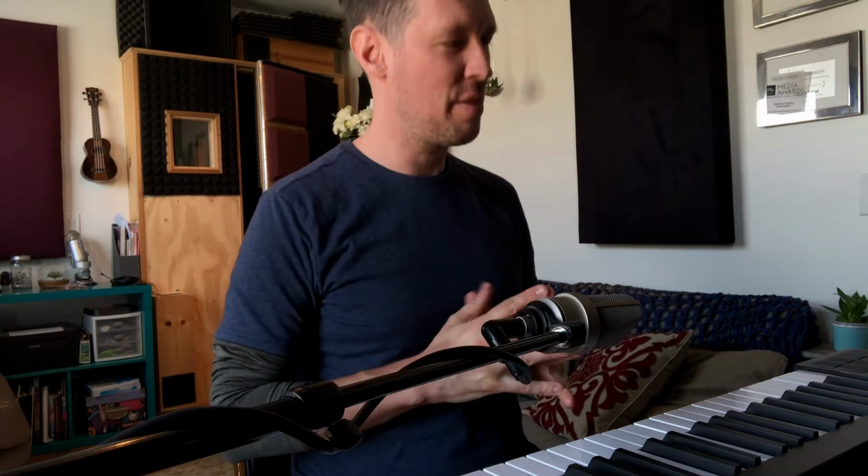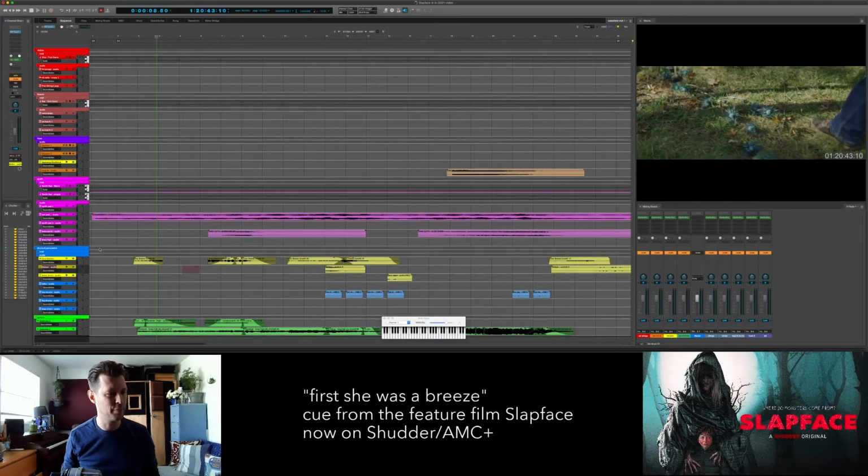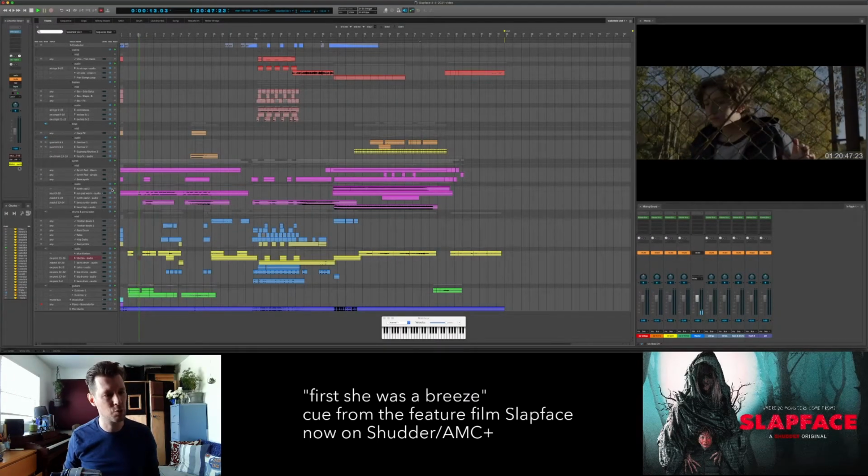Now, let's just say that even though the key of E flat minor comes throughout this whole film, the Tibetan singing bowl determined that, but it's not exactly an E flat. It's exactly in between E flat and E. Dissonance is the ultimate goal, so I love the fact that it wasn't in tune. You kind of need a low tone throughout a horror movie too, so I have this one. But also,